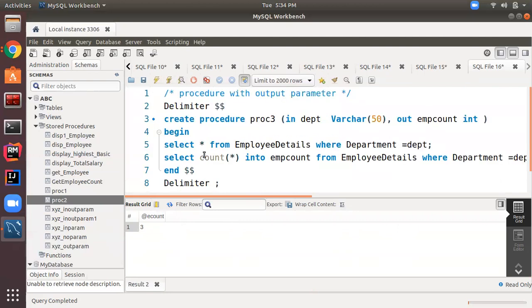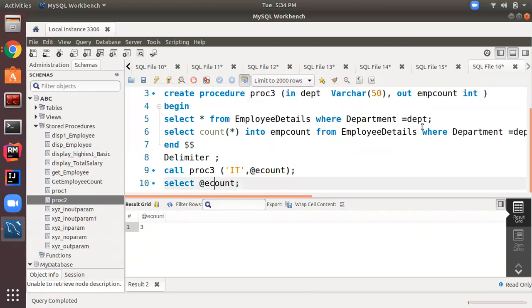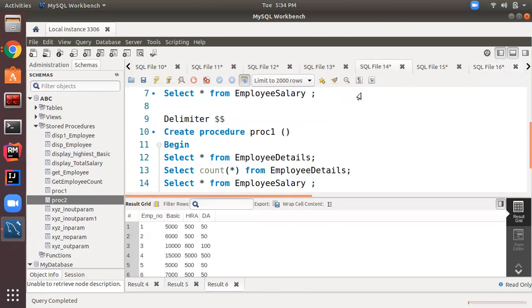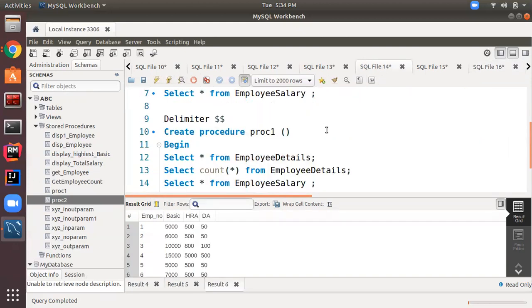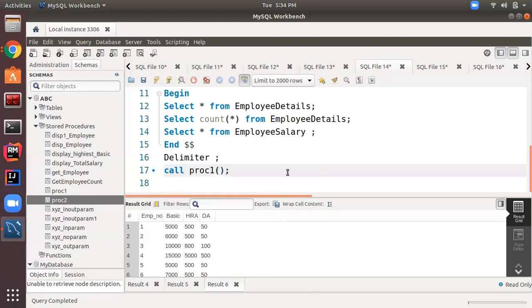So this is how input parameter and output parameter work. Okay, so in today's session we have covered three types of procedure. In procedure 1 we didn't pass any parameter, that is a simple procedure. Okay, and after that we call that procedure without passing any parameter, and these three queries are executed.